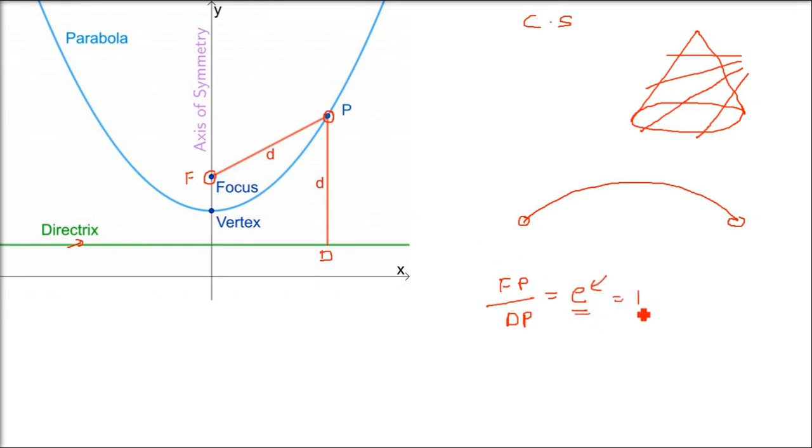In a parabola, eccentricity is 1, that is FP equals PD. You can say both the distances will be the same, because e is 1. The distance from the fixed point and the distance from the fixed line of any moving point is always equal, and that forms a parabola. So this is one of the forms, and there are 4 different forms which are possible, which we are going to discuss.